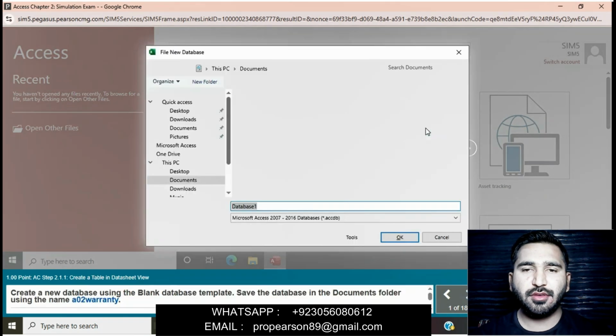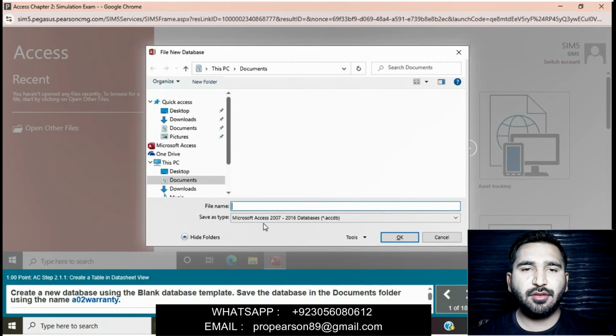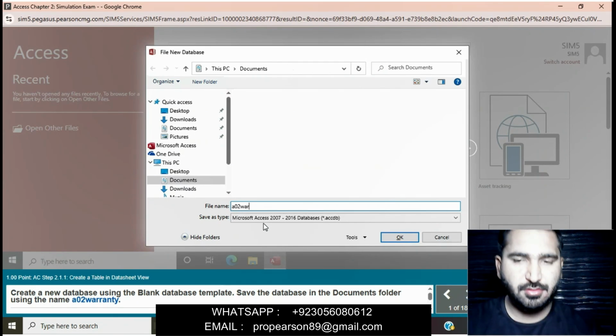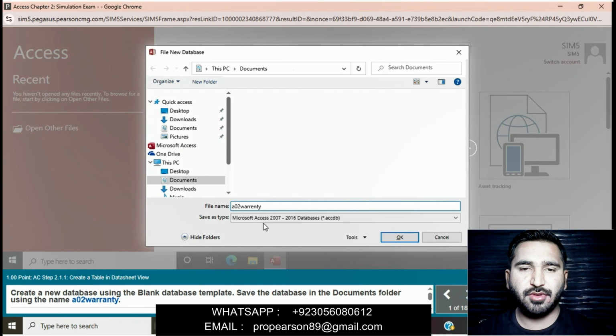So we click on the new file, new database file, and then we will type the file name A02 Warranty, and then click on OK.